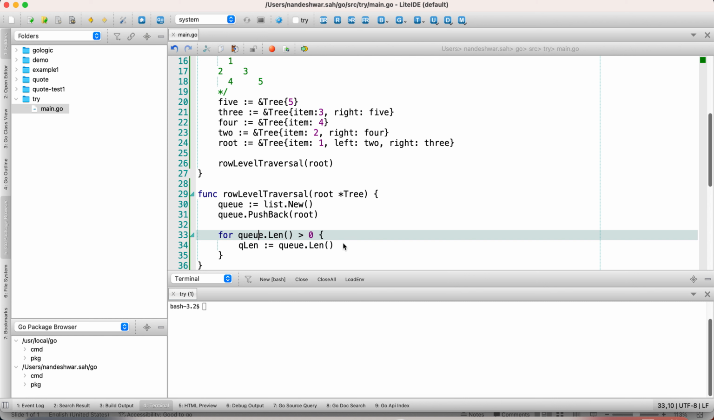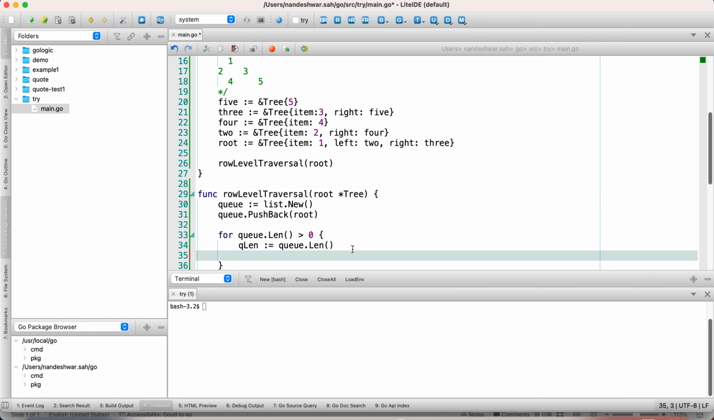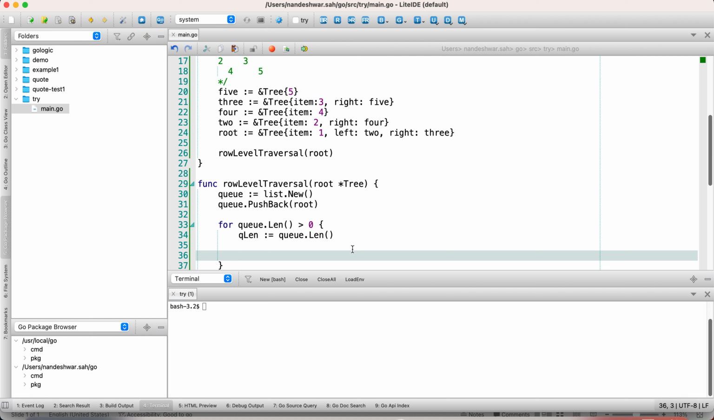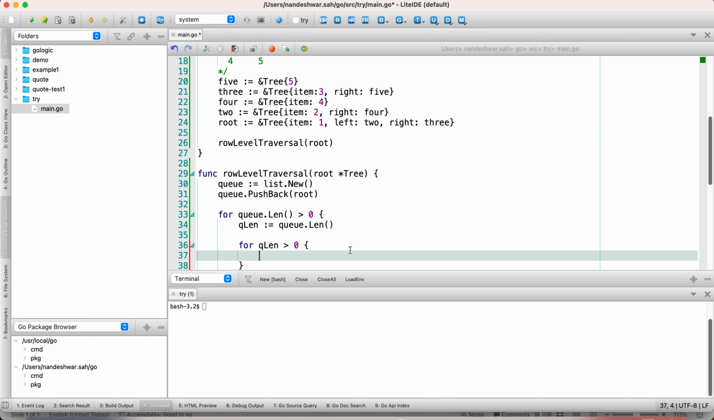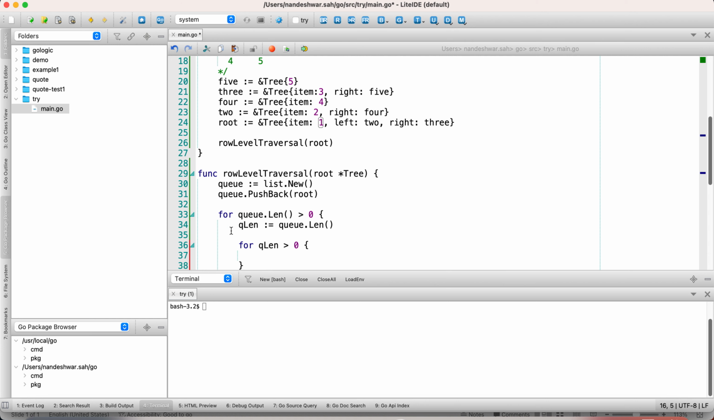So we are inside this loop, and we also stored that size in a queue len, and I'll create another for here. I can say here queue len greater than 0, then come inside. So first we get item 1. So we got the item 1 in the outer loop,